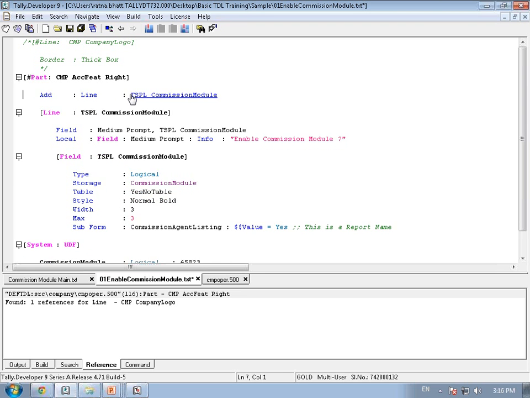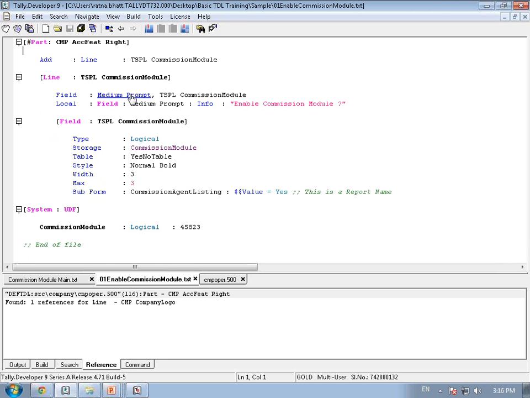After validating that, we added a line, we provided a medium prompt and a field to it. This medium prompt was just to say enable commission module and then the yes no table, type logical, storage commission